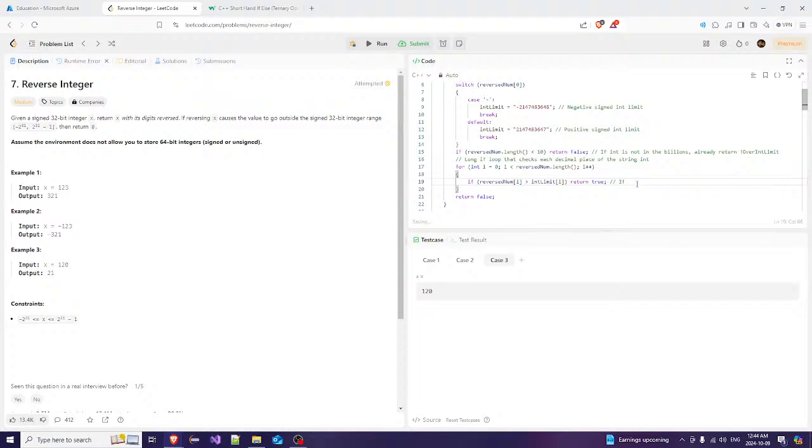So if return false, and also if no, it doesn't work. That logic doesn't work. Oh my god. If it's smaller than the int limit,